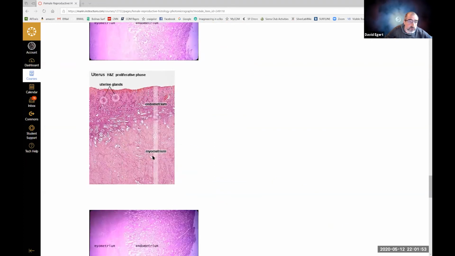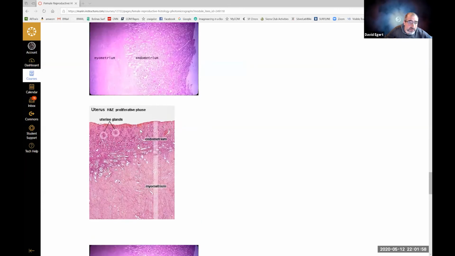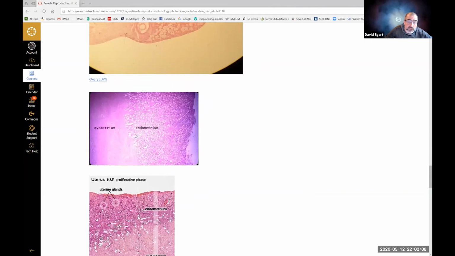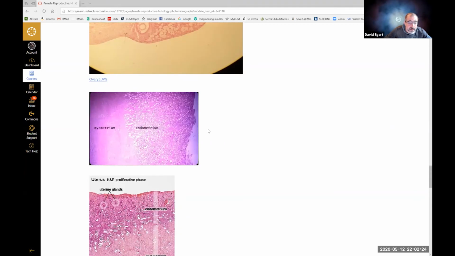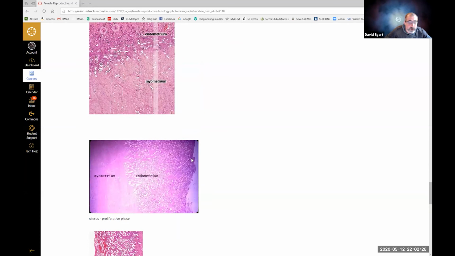So this is that proliferative phase. And you know you're in the proliferative phase because the endometrium is looking intact. It doesn't look like a chaotic, like things just blew apart. But it also doesn't have this big thick layer full of glands like this. It's pretty thin. A layer of stuff that is well formed, but still just starting out. Where if you look at the secretory phase,